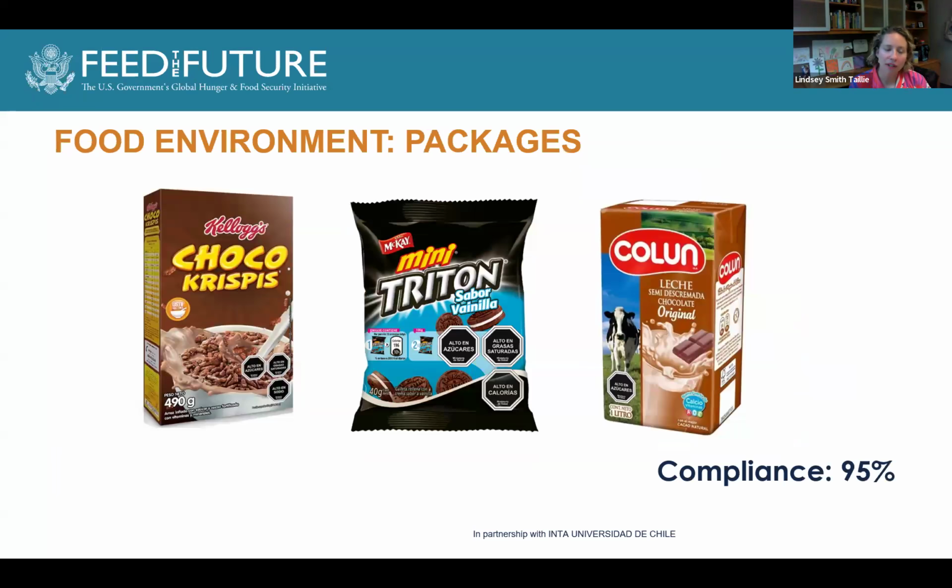Okay, so first up, this is what this policy looks like. When you go to a supermarket in Chile, it is very clear. You'll see the warning labels everywhere. It makes it very easy to quickly pick out what's unhealthy, because you'll see these big black stop signs on the food packages. And we'll see that packages that have more nutrients of concern carry more of these warning labels, and thus more of the package is covered by them. So you can see this example here with the cookies in the middle. I've seen cookies that have up to 5 labels, and it's very compelling when you see these types of labels.